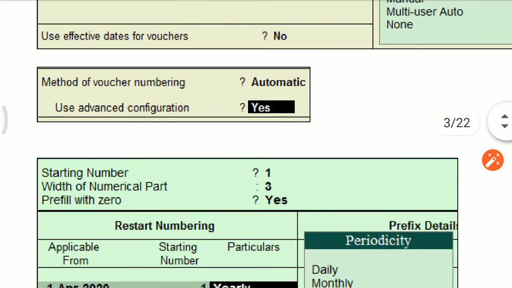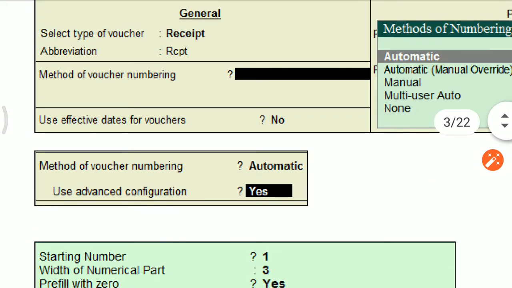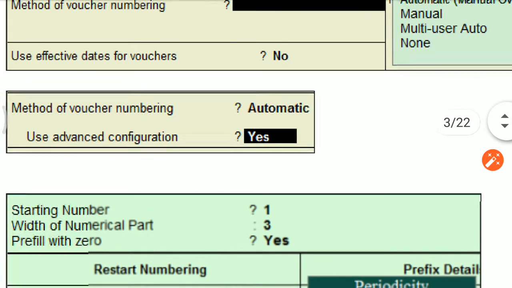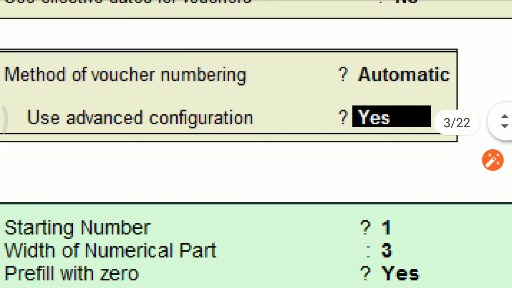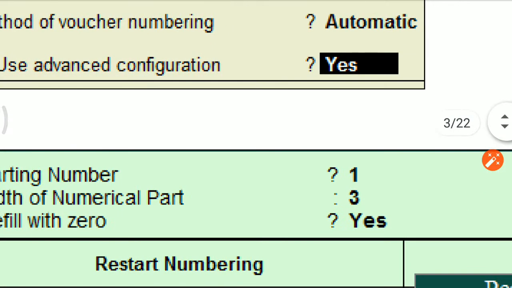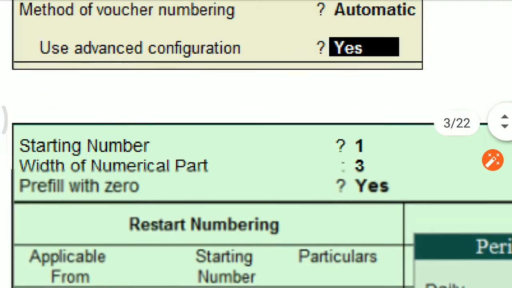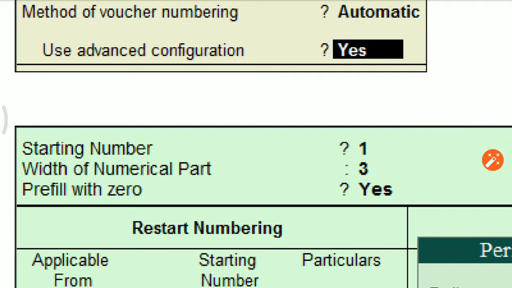Okay. When you select the automatic option, at that time the message on your screen says, method of voucher number is automatic. Use advanced configuration: yes. Advanced configuration means you want to set a standard in your voucher number.